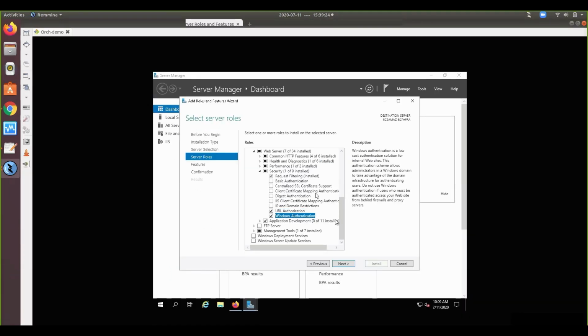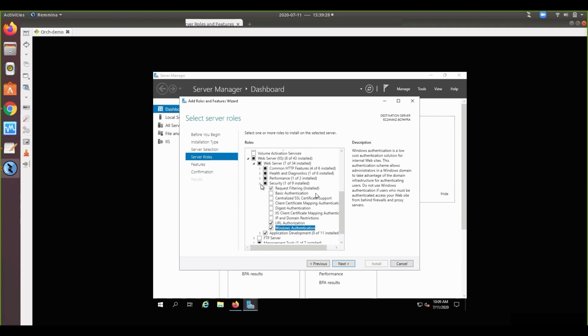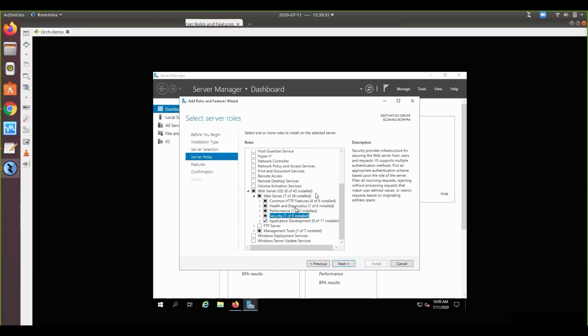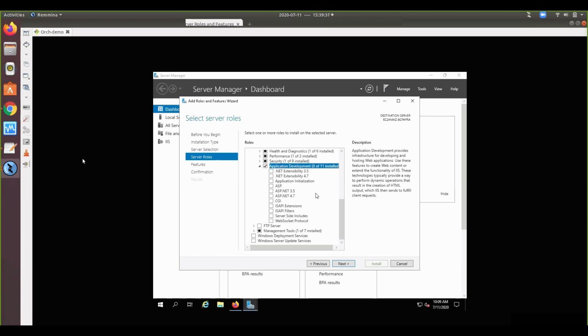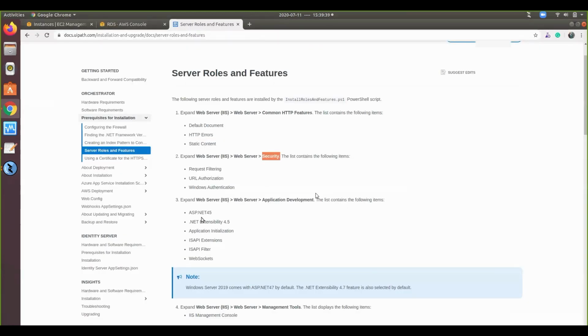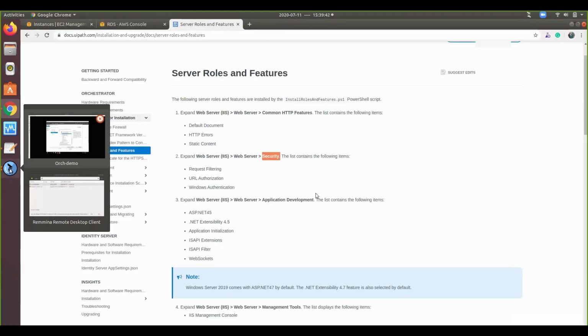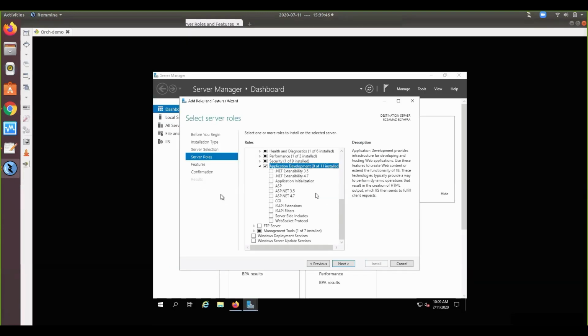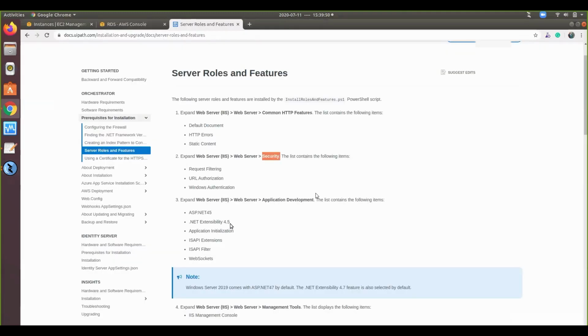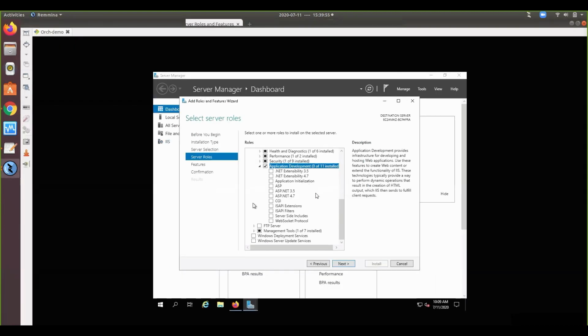These are the different modules which help you to connect your IIS with your application. Then application development: ASP.NET 4.5 and a similar version of .NET extensibility also. In my case, they have mentioned 4.5, but select the greater version which you have.